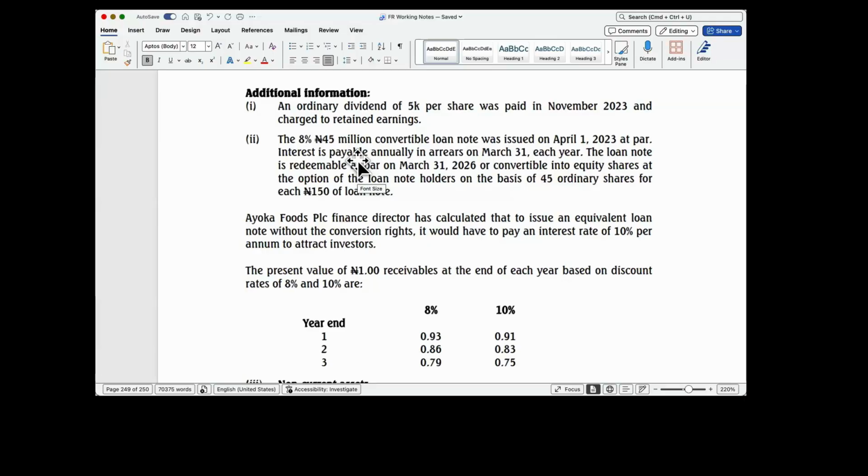So what you need to do with them is to use your understanding of that additional information to adjust the figures in the trial balance, to update the figures in the trial balance. That's one. Number two, it gives you new information that have not been captured in the trial balance. So really, what we want you to do is to properly update and capture these items that are given in